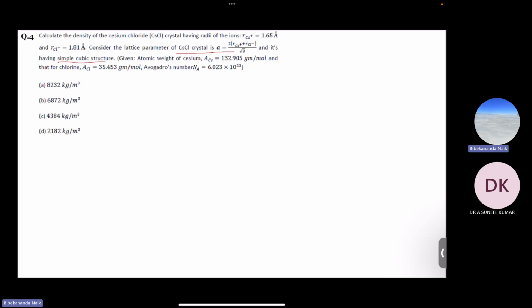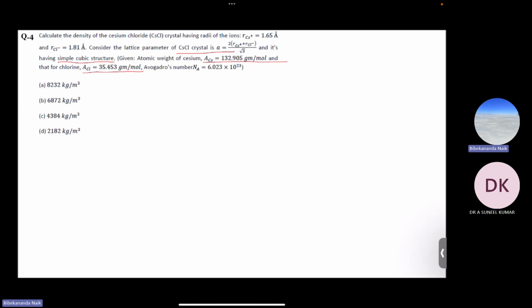So we will assume it is simple cubic, and the atomic weight of cesium is given. It is 132.905 gram per mole, and for chlorine it is 35.453 gram per mole. And Avogadro's number is 6.023 × 10^23. The options are: option A